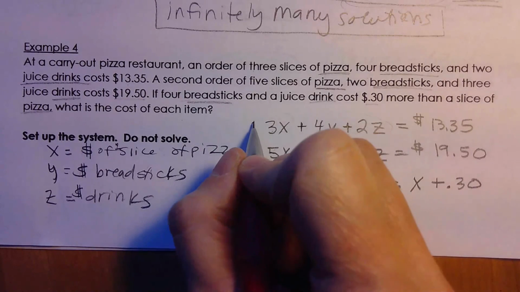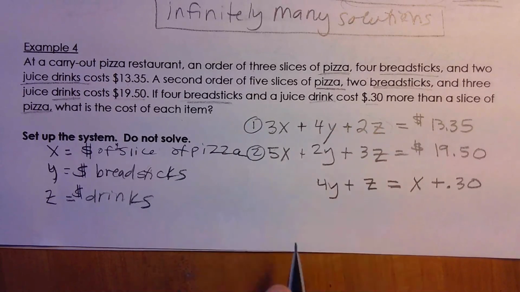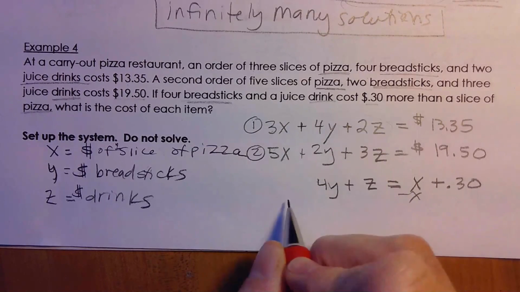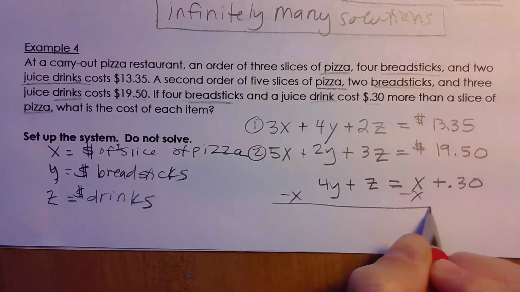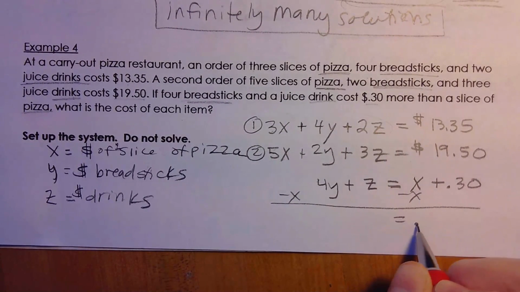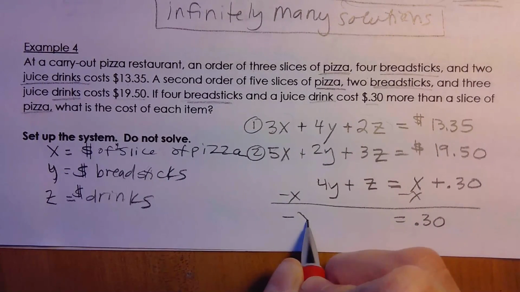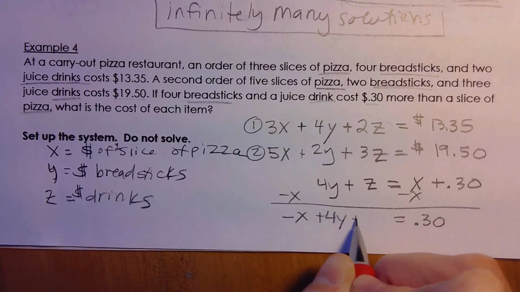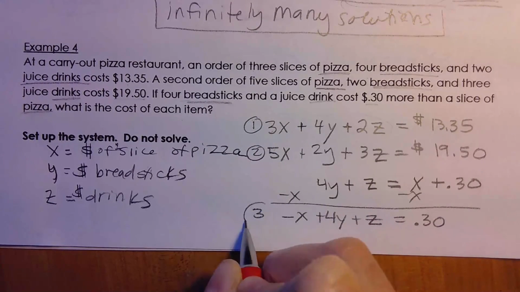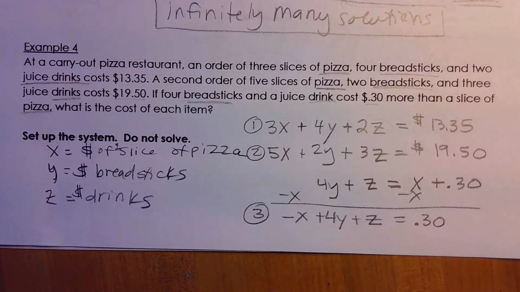Okay, so we'll call this equation 1, equation 2, and just to line them all up, we'll alter this third equation so that it says negative x plus 4y plus z equals 30. And I would use that as my third equation for solving this system of equations. All right, good luck to you. Remember, try to be organized and take your time, and don't get too frustrated, because sometimes these problems do take a